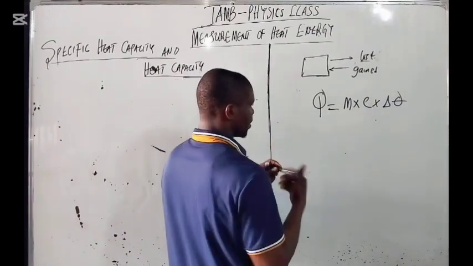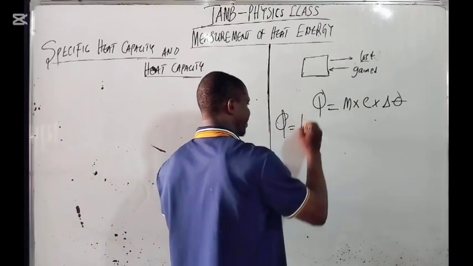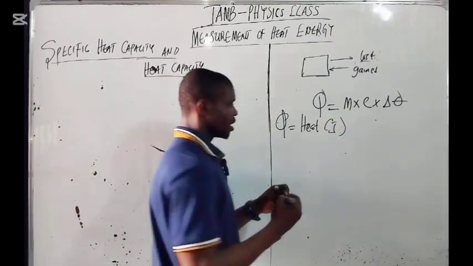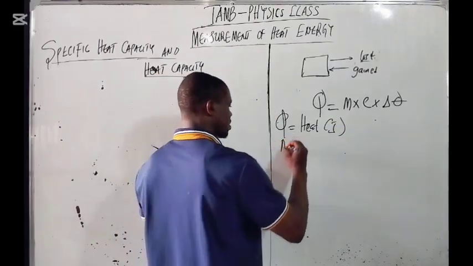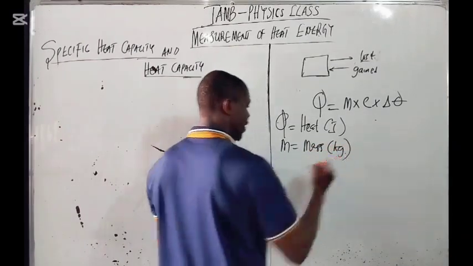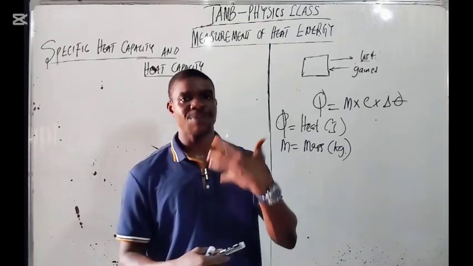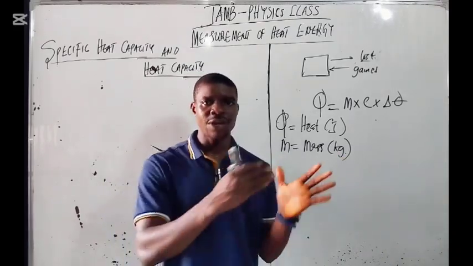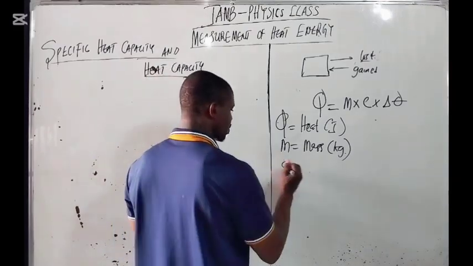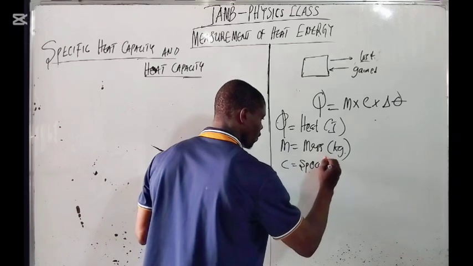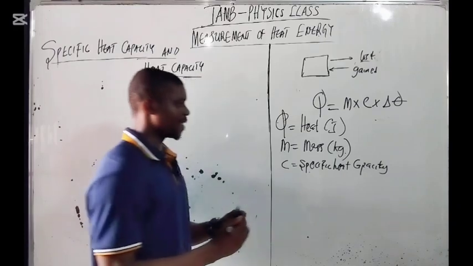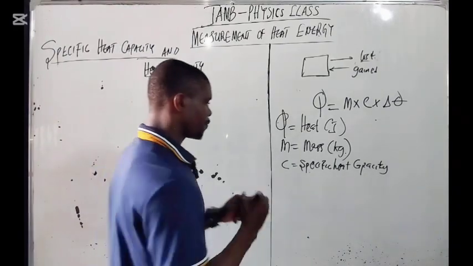Here Q is the heat released or gained, and it is measured in joules. M is mass, and mass is measured in kg. When the question gives you mass in grams, you have to convert gram to kg by dividing by 1000. Here C is called specific heat capacity, and the unit here